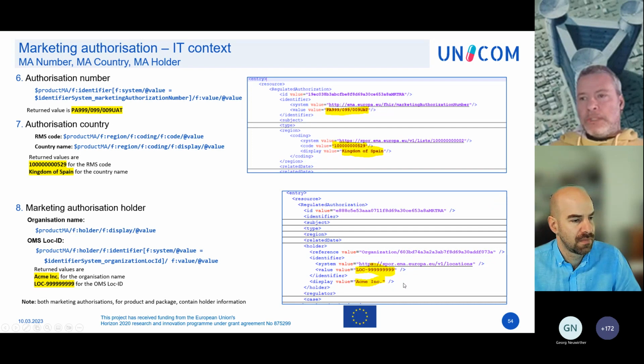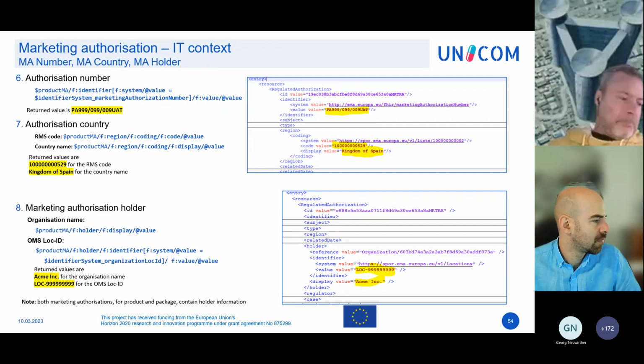So we will go to the holder element and query for display for the organization name and lock ID, an identifier of a concrete system for OMS lock ID. And important to remark what the last note says, that we replicate into the message holder information for marketing authorization, both for products and for packages.